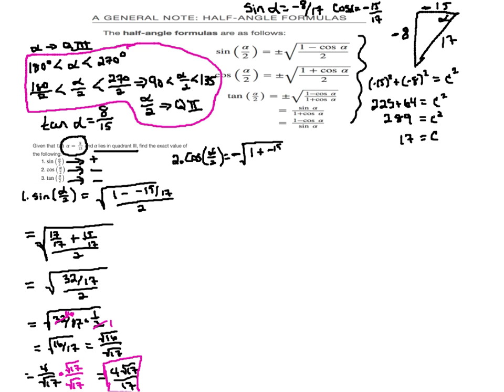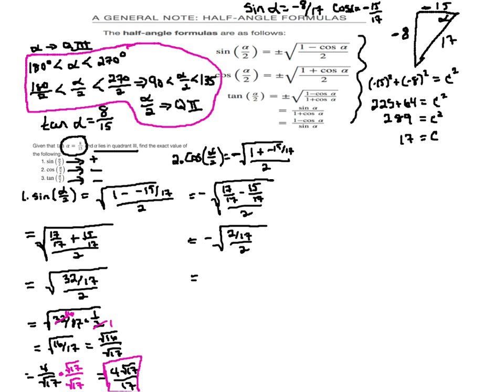Cosine alpha is negative 15/17. That's over 2. So that is equal to negative square root of 17/17 minus 15/17 over 2, which is equal to negative 2/17